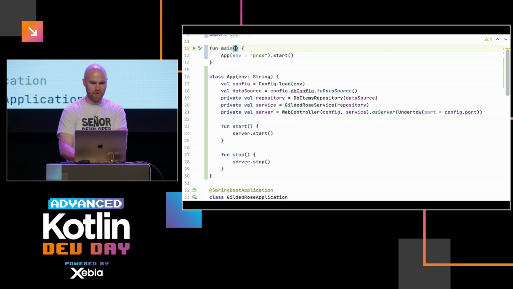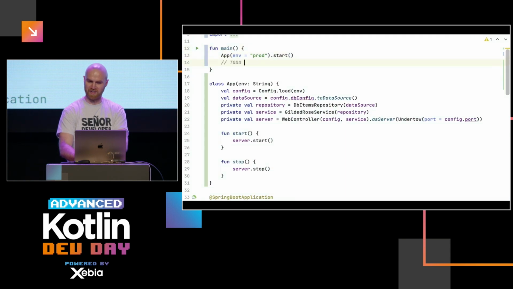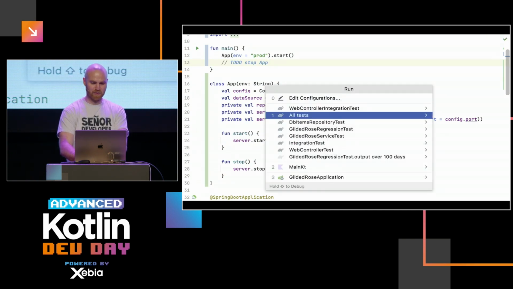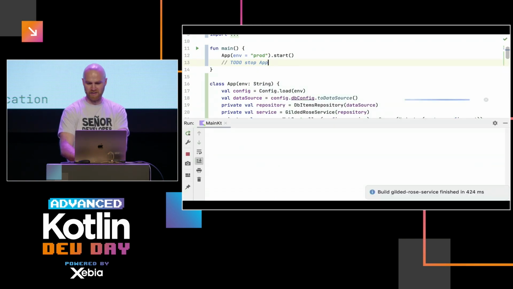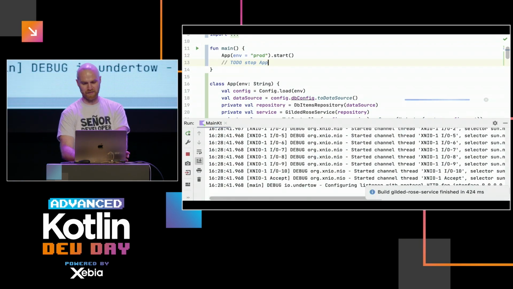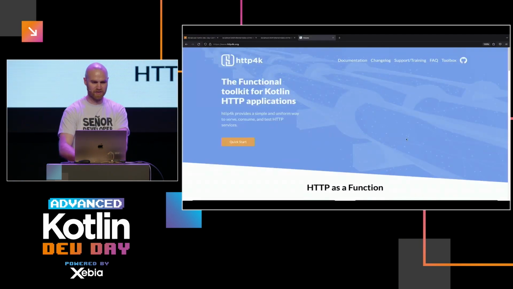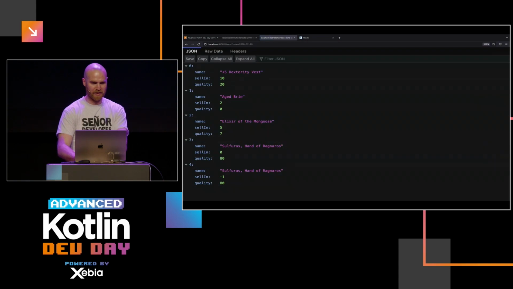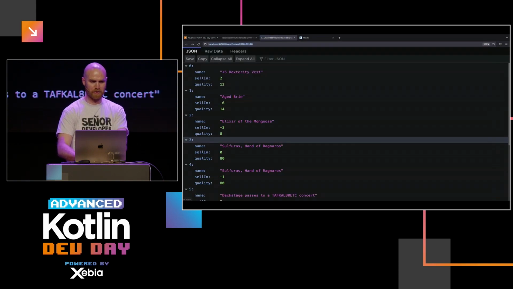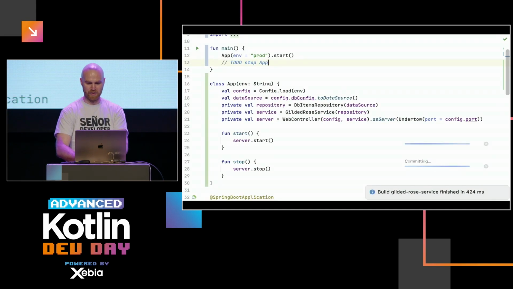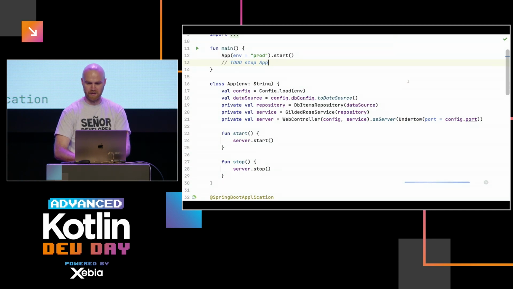Don't need args anymore. And then we should not forget to stop there, but maybe later. It's as a to-do. I guess the final test would be to actually run the main here and to see if it runs. I trust the tests, but it's still good to check. If I refresh this page, it works, and this page works. So it kind of does work, so it's a good place to commit.